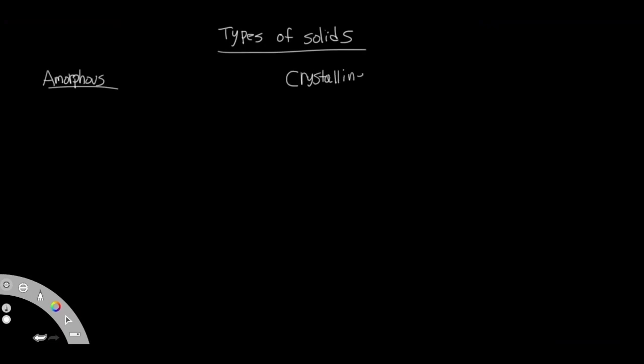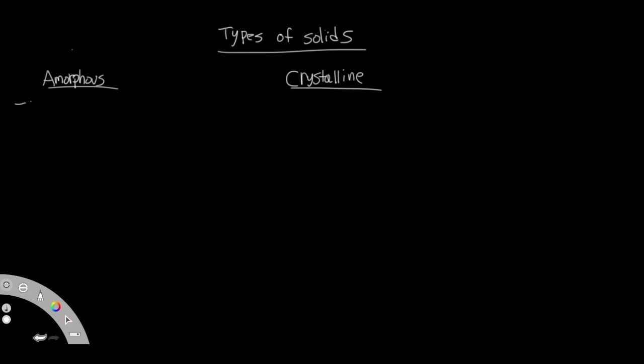Types of solids. Now we're going to look at two different types of categorizations. First one is going to be the amorphous type, and the second one is going to be a crystalline type. Now we're more focused on the crystalline for this video, but a quick little subset information for the amorphous is